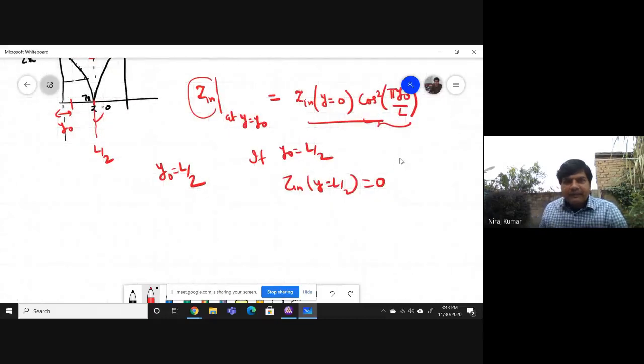Similarly, if I take y naught equal to L or 0, either of these, if you take L, it will become cos square pi. If you take 0, it will become cos square 0. And both the values, cos square pi or cos square 0, are always 1. So Z in at y equal to 0 or y equal to L is having the highest value, which is this. So that's why for calculating it,